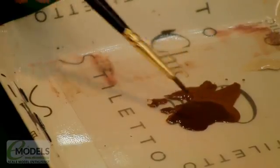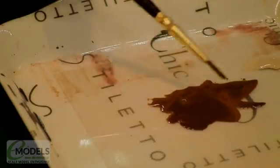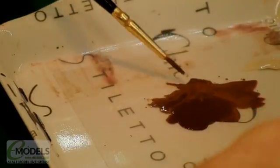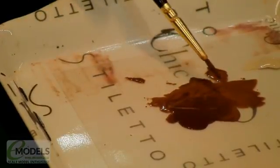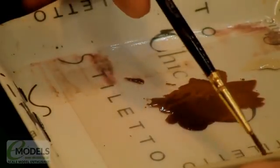Don't mix it thoroughly, don't swirl it all around. Just drag it out a bit and you'll see in there, it's not really coming through in the video, but once you try this at home it will work. Now then, we can use our brush to pick up varying shades in there. So we'll pick up some of the lighter shades and just wash it on,